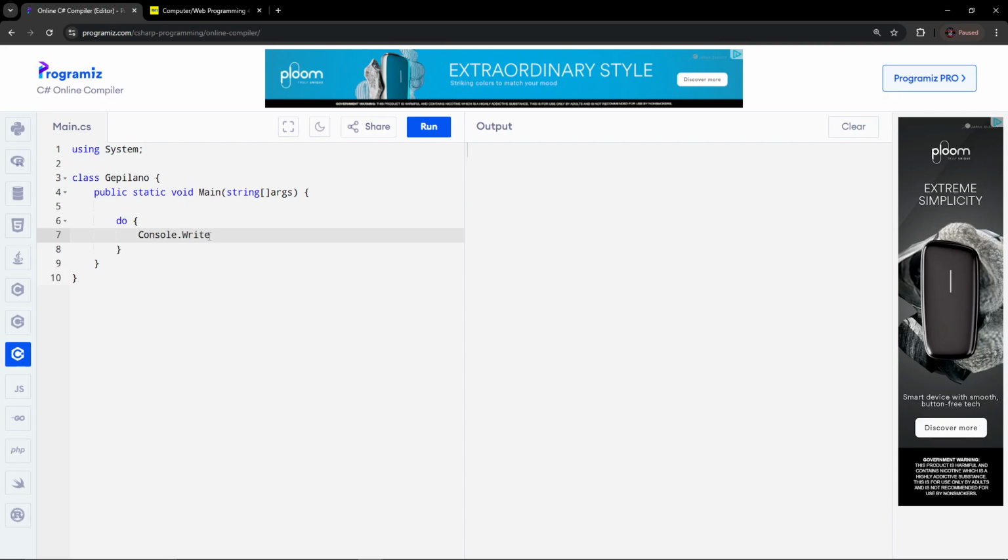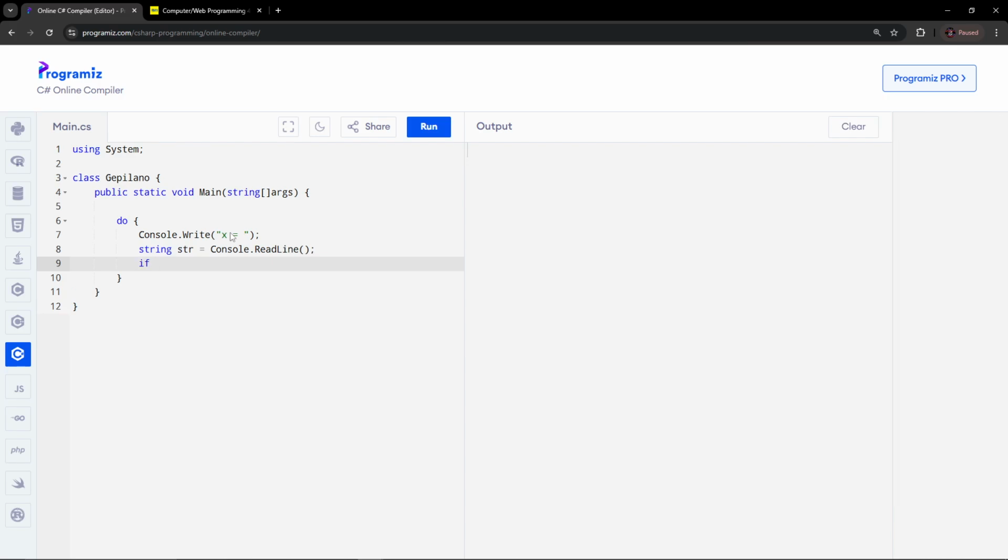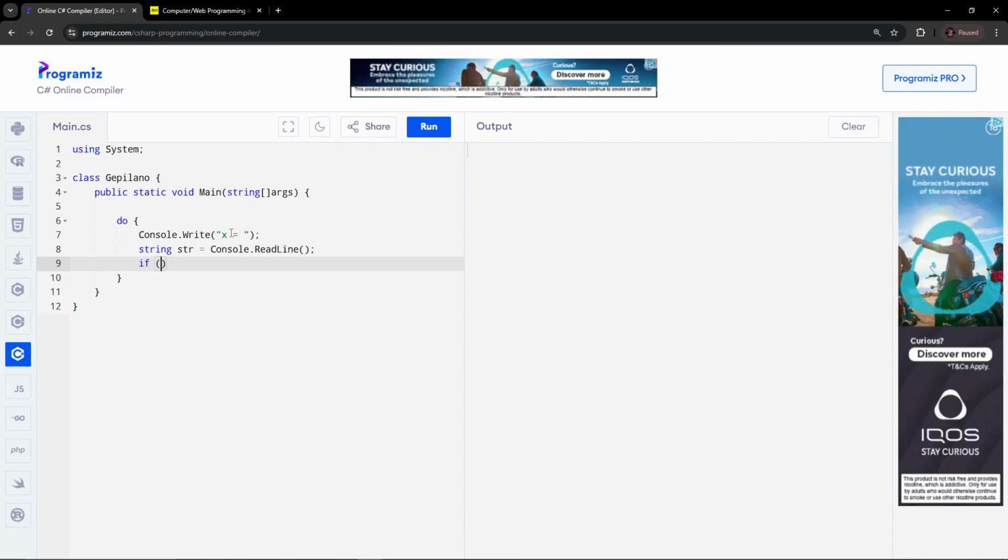Use only Console.Write, not WriteLine, because WriteLine will make a new line at the bottom of our output. So we don't want that. String should be our actual input, our user input, so you can put a value in it. X. We'll be using an if else if else statement for our conditional.